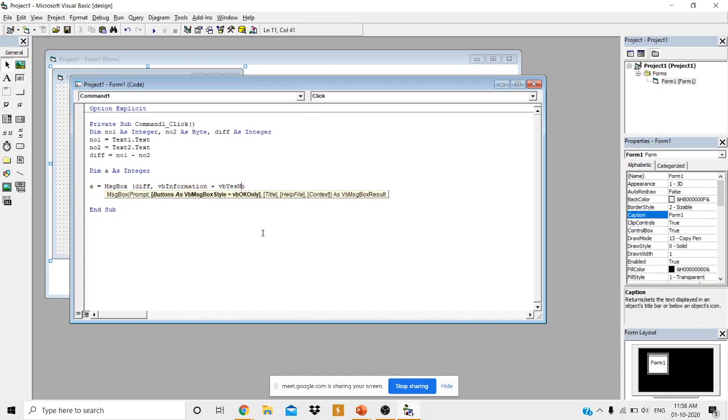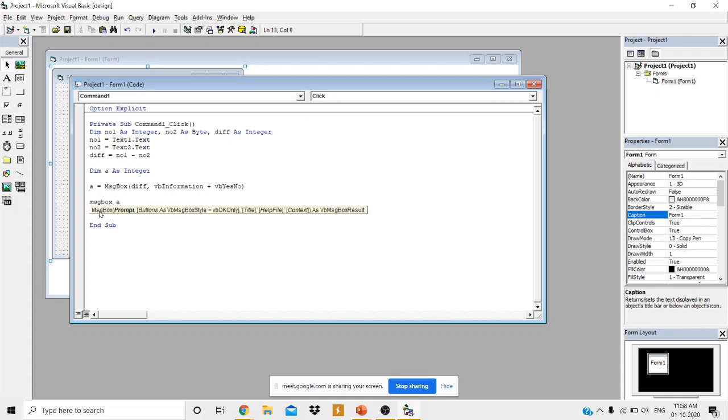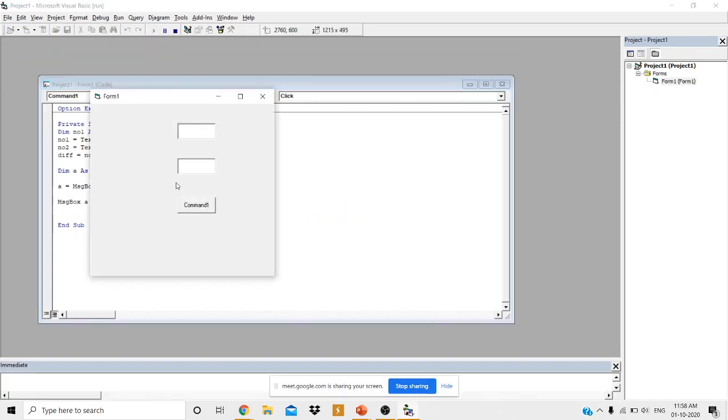What value will be assigned to a? A will be assigned the value of which button is selected or clicked from the message box.